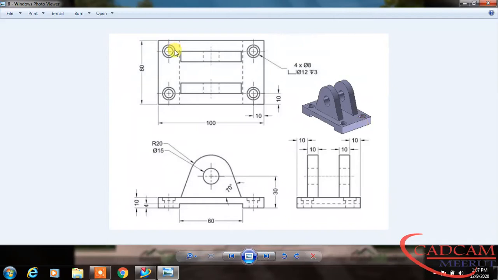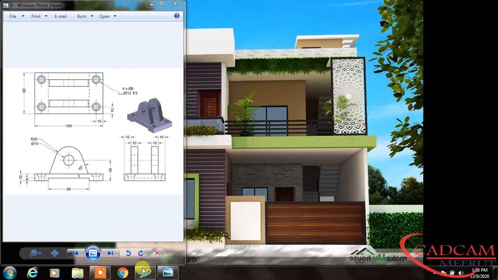And here in this drawing we have three views. One is top view, front and side view, and this is this isometric view. So for creating this part we will start from the front. Okay, so if we start from the front, it is easier to create. So first of all I will create this whole front view. Okay, then we will extrude this. So let's start with the front view.